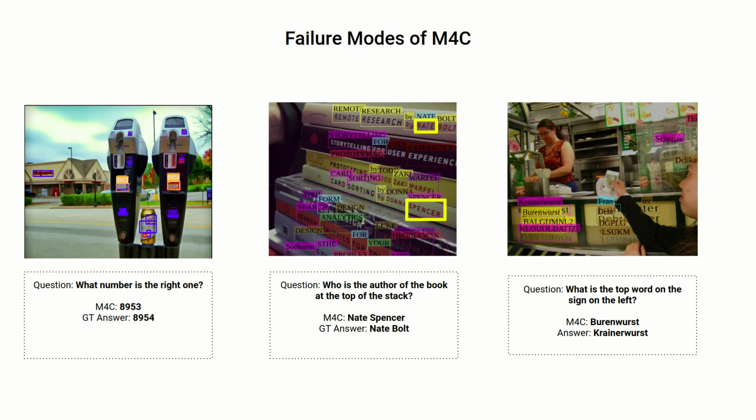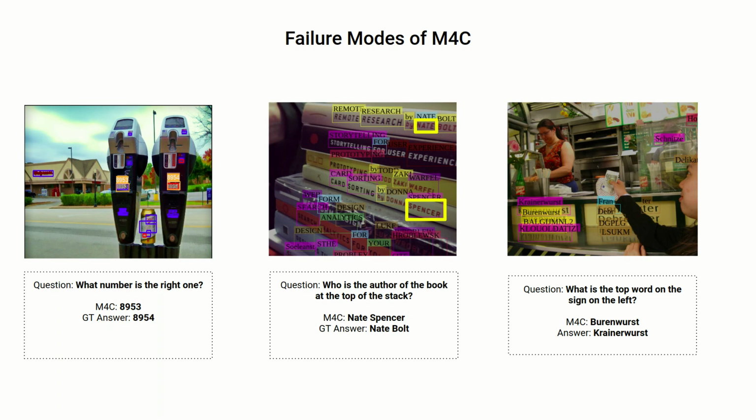Let's analyze some failure modes of M4C. We notice that it tends to make similar types of mistakes while reasoning about the spatial relations in the image. These fall into two main categories. First, it fails to understand the relative spatial references. For example, in the left picture, when asked about the number on the right machine, it replies with the number